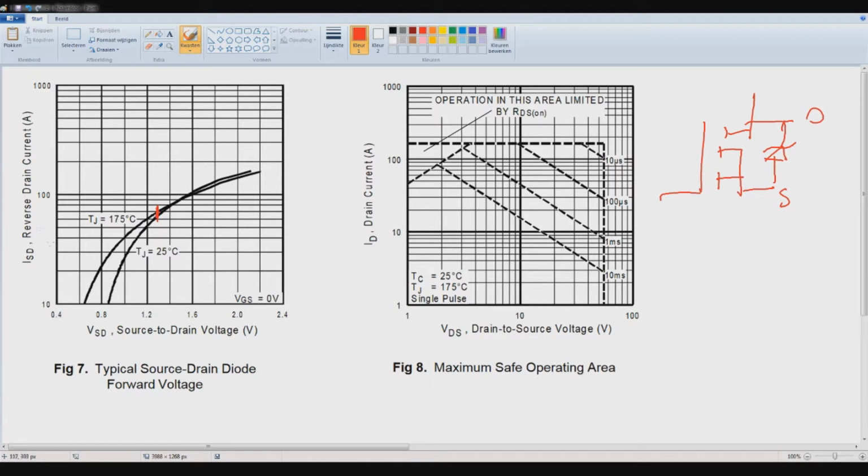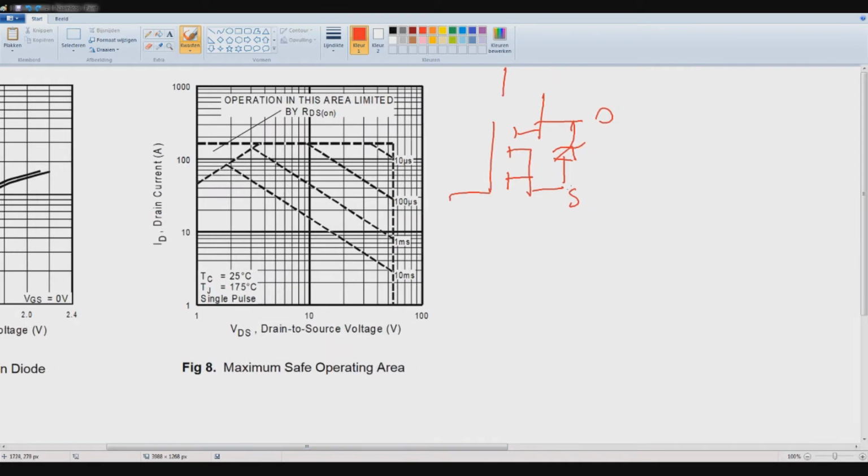And then this is reverse drain current, because normally current is like this. Then the reverse drain current is coming from this way. And in my application we have this drain to source capacitance. So we have a voltage over here which builds up to about a volt, let's say 1.3 volts, and then this starts to conduct,